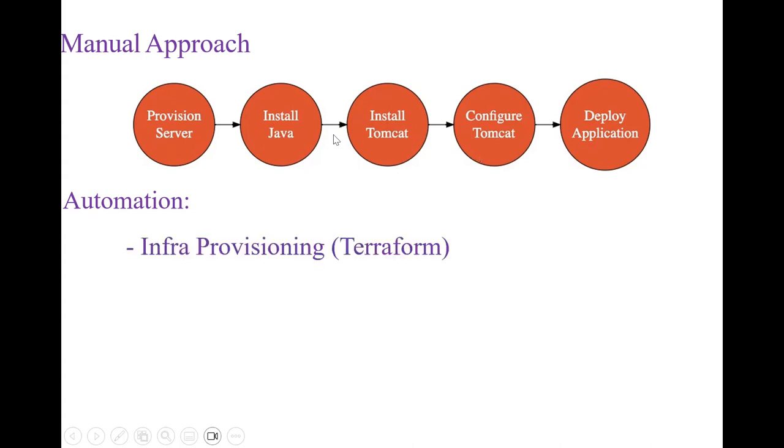But yes, we can automate all these things. If you convert this manual work to an automation approach, take provisioning the server. That means configuring storage, memory, processing units, and managing the operating system with virtualization concepts. All of that should be handled. How do you do that? That is infra provisioning, the infra layer. But what is the best tool available? That is Terraform.